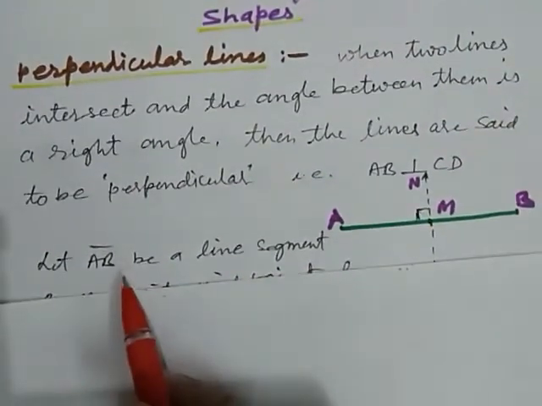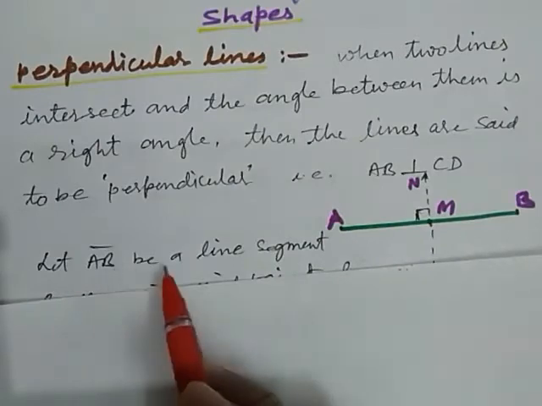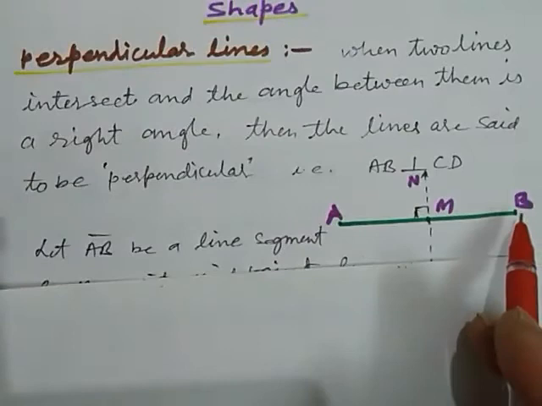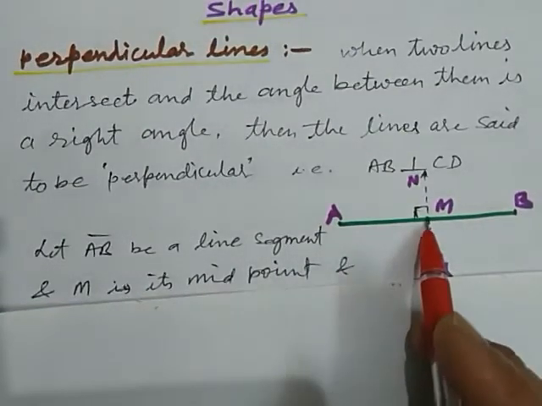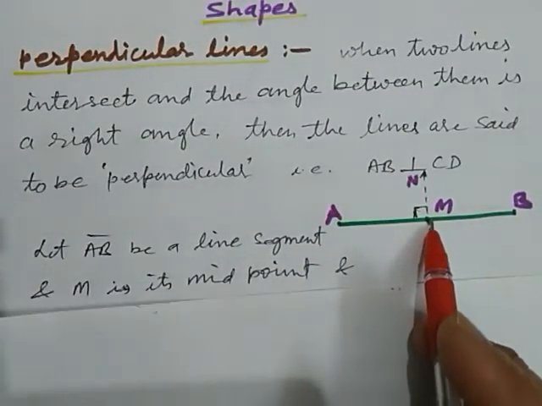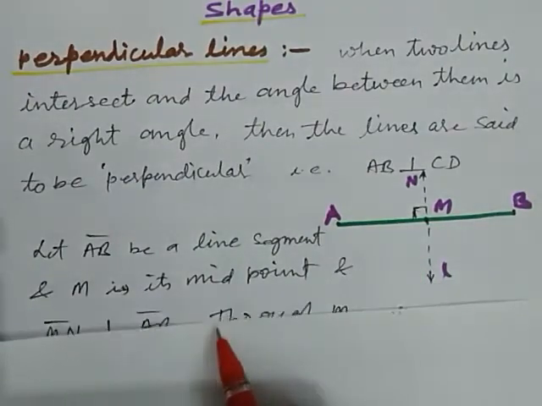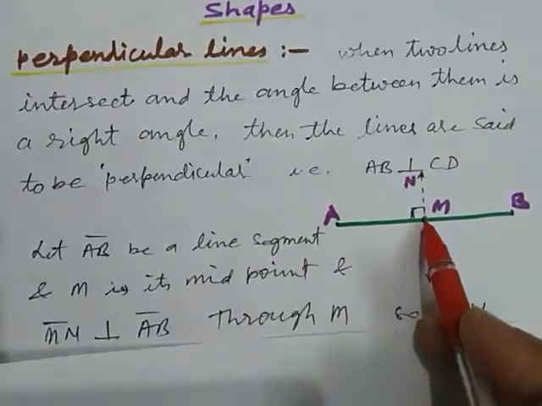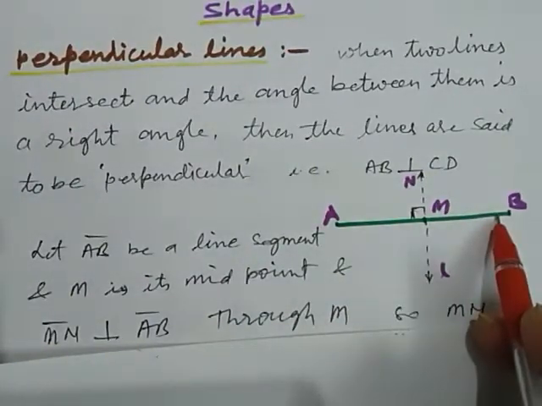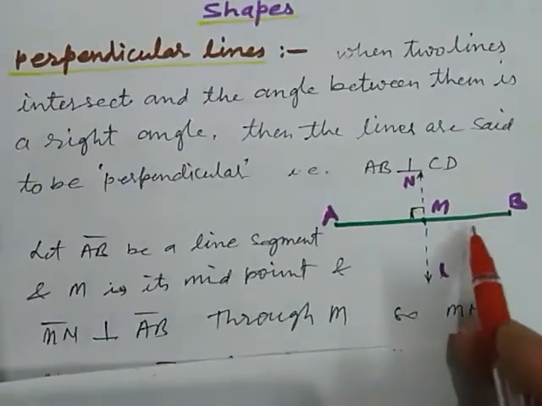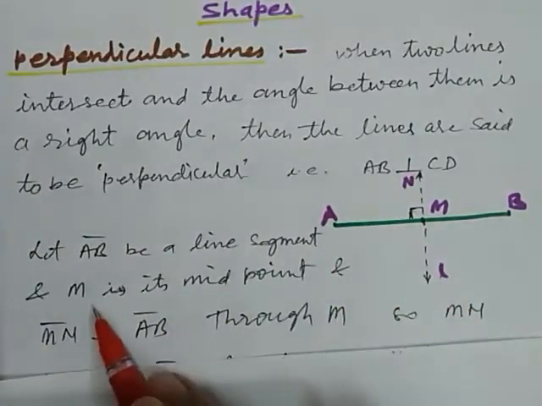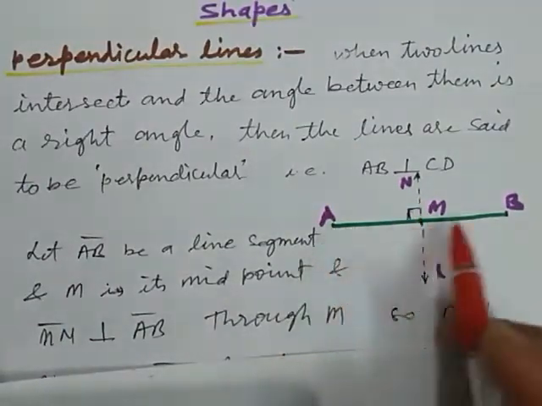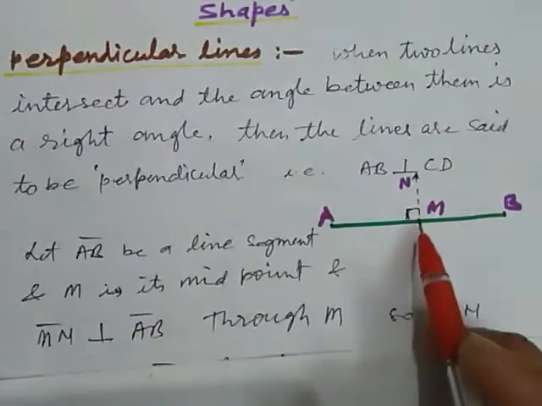Now we take a line AB. Let AB be a line segment like this, and M is its midpoint. Okay, and MN is perpendicular to AB. And M is its midpoint. Okay, and MN perpendicular to AB through M